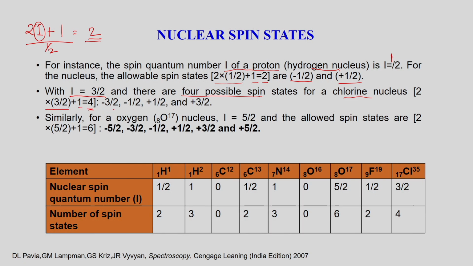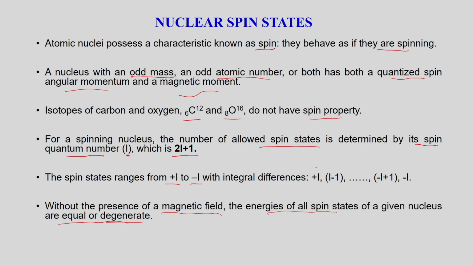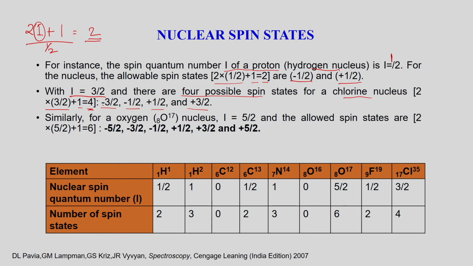What are those 4 states? As I told you, how were these numbers coming? If you go to the previous slide, just recollecting, you will come to know this formula you should recollect. So, this formula you get 2I plus 1, then minus 2I plus 1, minus I plus 1 like that, then plus I plus 1, plus 2I plus 1. So, if you put those I values here, you will get the different states, that is minus 3 by 2, minus half, plus 3 by 2. Okay. So, these are different states.